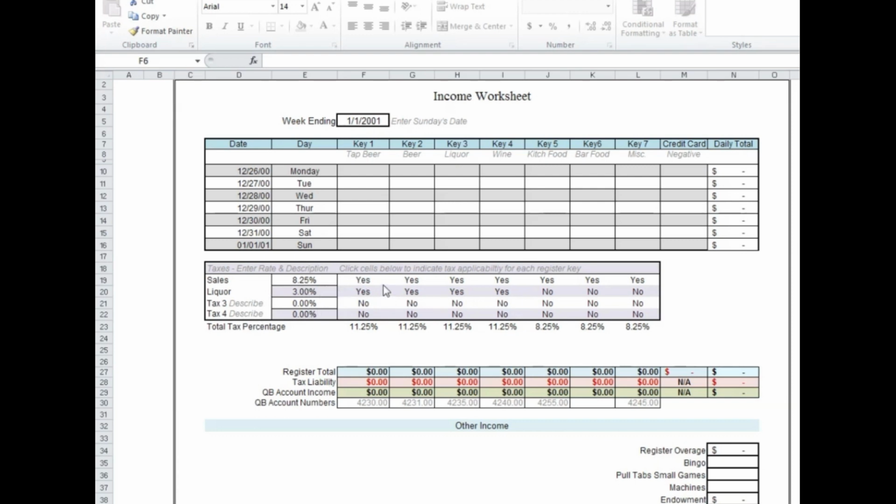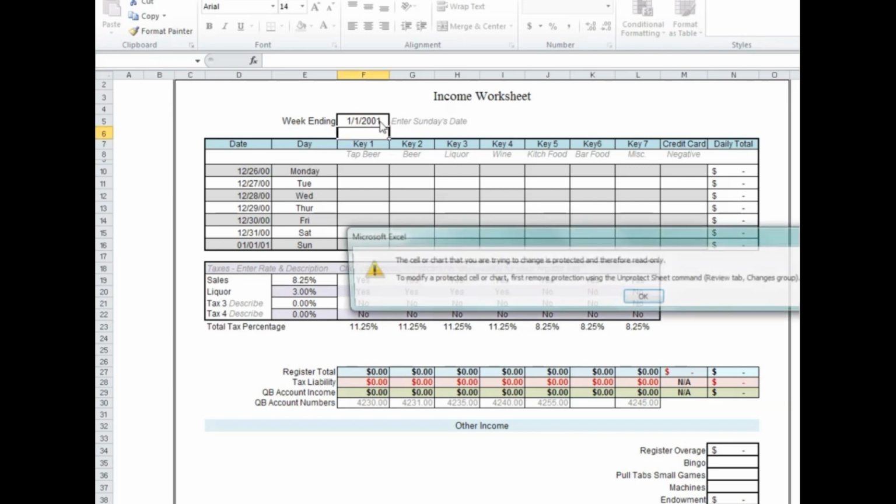You'll then want to make sure you have the correct tax rates applied to the correct items. So as you can see, our food items will not be affected by the liquor tax, whereas everything we sell is affected by the state sales tax. You'd like to have that done on the template so that you don't have to go back and play around with it. Once you've opened up the template and that's already been completed, the first thing you want to